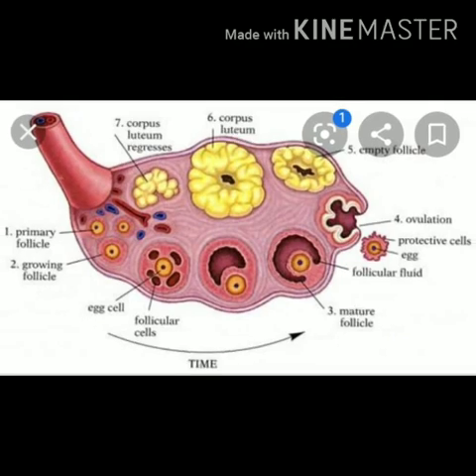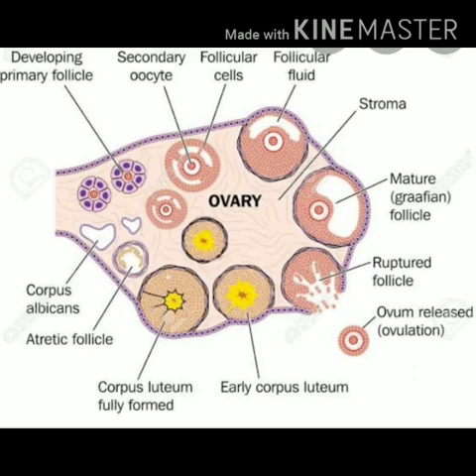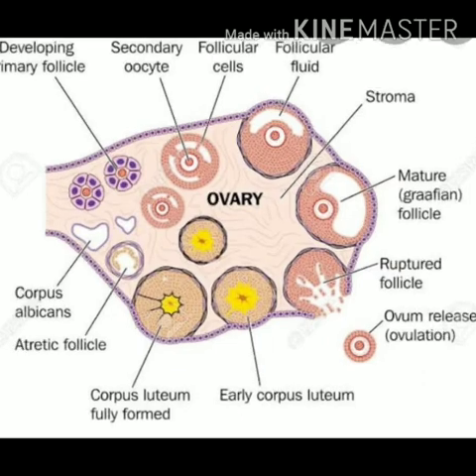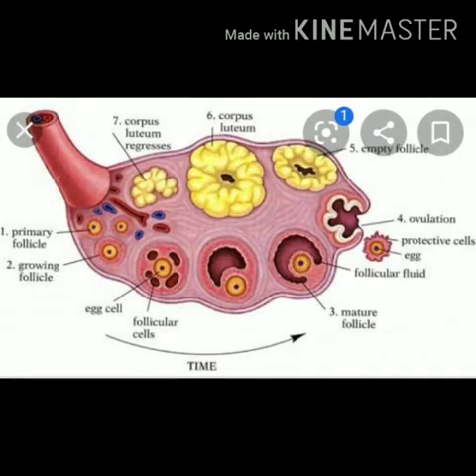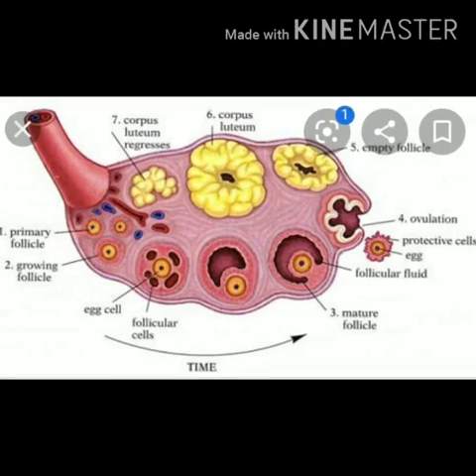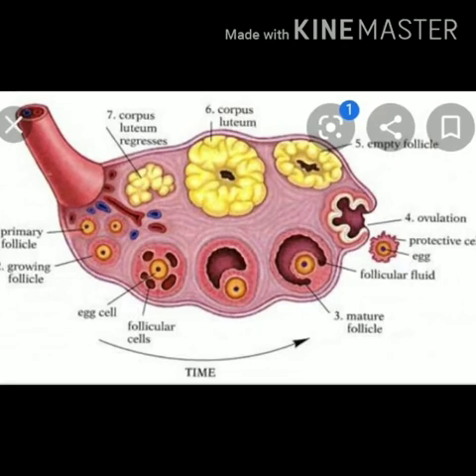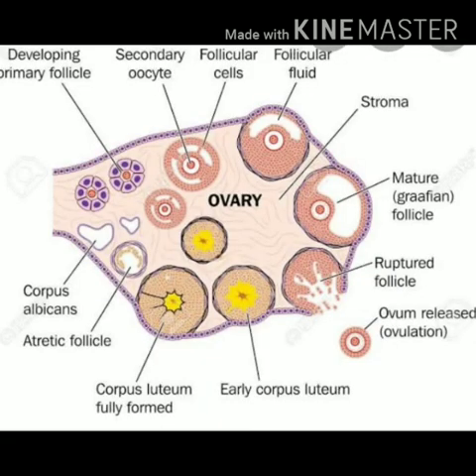Each ovary consists of spherical masses of cells called ovarian follicles. Each ovarian follicle contains a large immature ovum, that is the oocyte, surrounded by many layers of tissue. During the maturation process, the egg grows larger. The ovarian follicle enlarges and gets filled with fluid. An enlarged ovarian follicle containing a fully mature ovum is called the Graafian follicle. It projects from the surface of the ovary and ruptures to release the mature ovum into the oviduct.